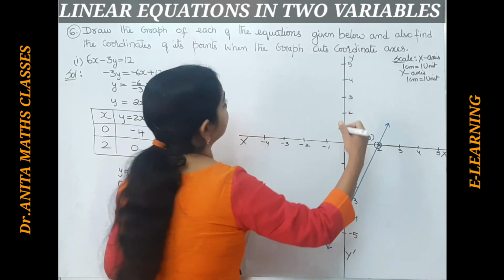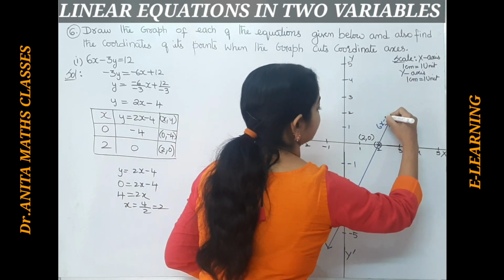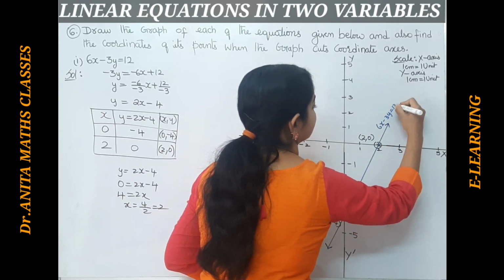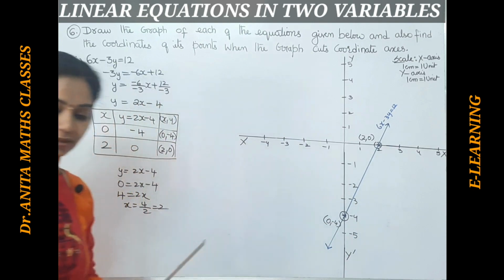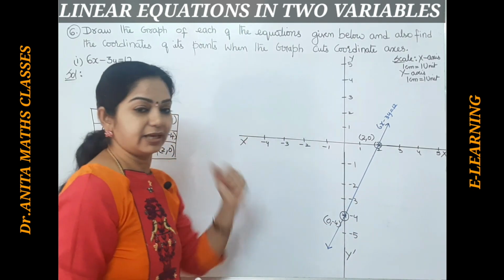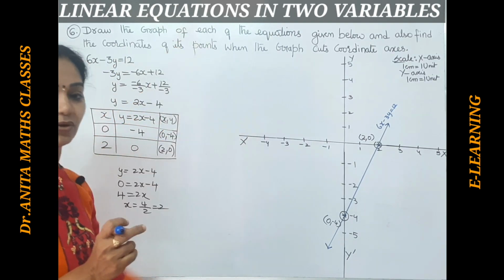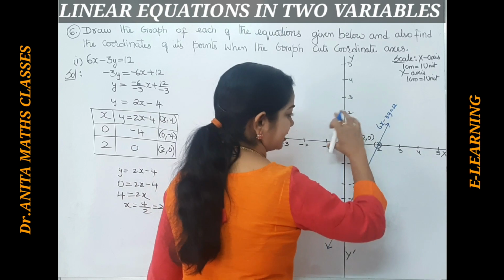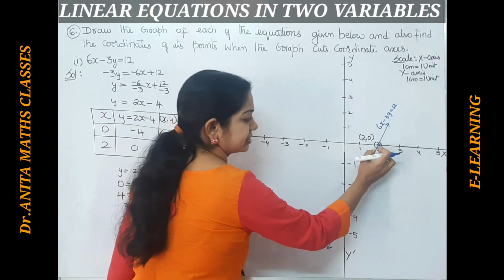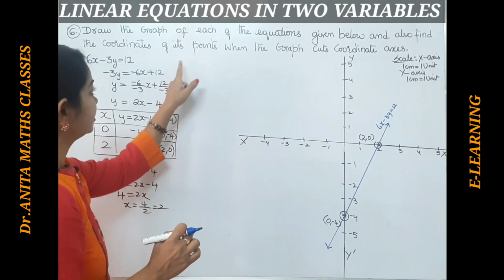So this equation you can write as 6x minus 3y equals 12. Now from the graph only we have to write the coordinate axis. The solution is where the graph cuts the coordinate axes, the x and the y axis. The graph is cutting the x axis at 2 comma 0. That means here the answer is,